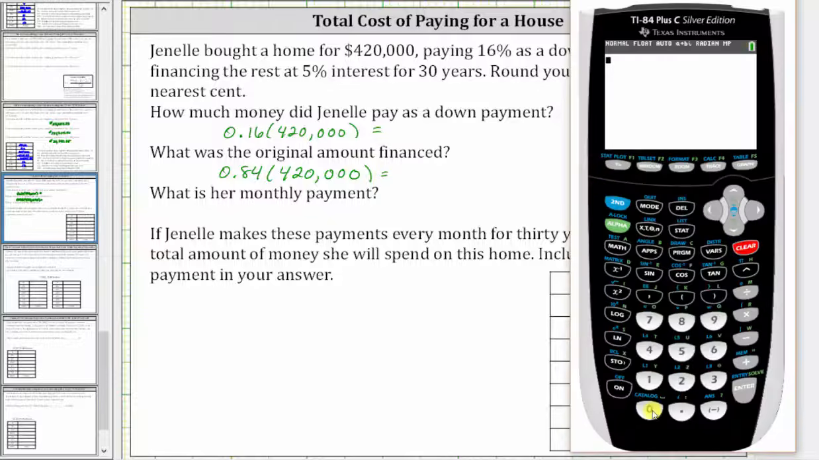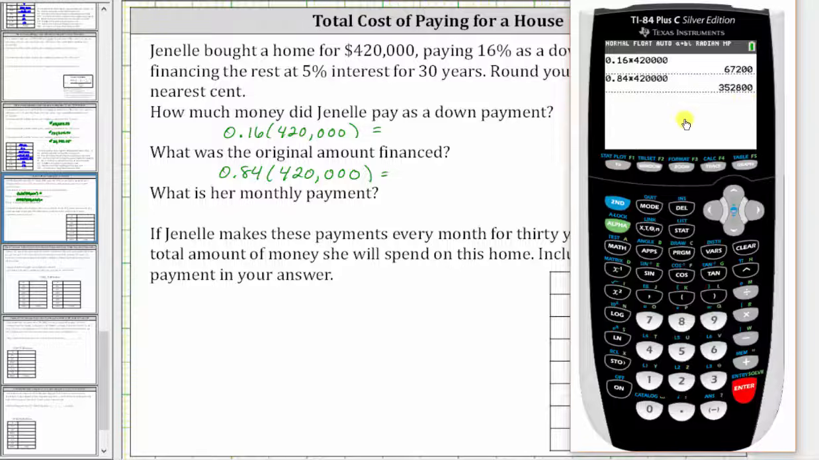The down payment amount is 0.16 times 420,000, which is $67,200. And then the amount financed is 0.84 times 420,000, which is